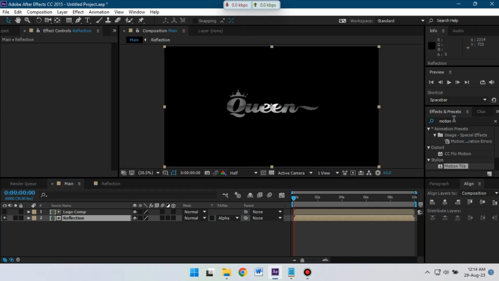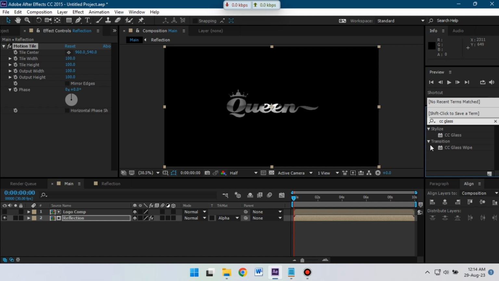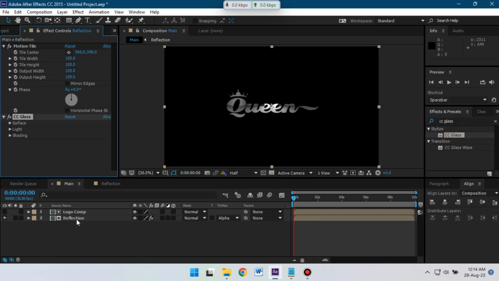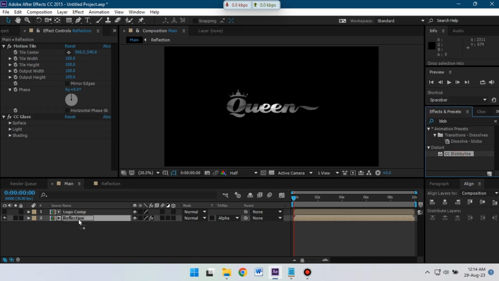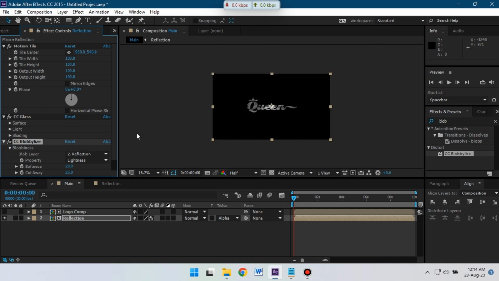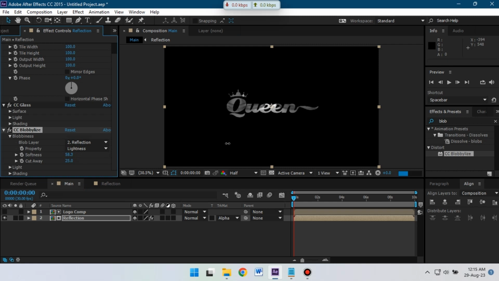Now back to main composition, go to effect presets and let's apply motion tile here, and again search for glass, apply it, and then go to effect and preset and apply CC Glass, and we need to change some settings from here. So increase the softness,